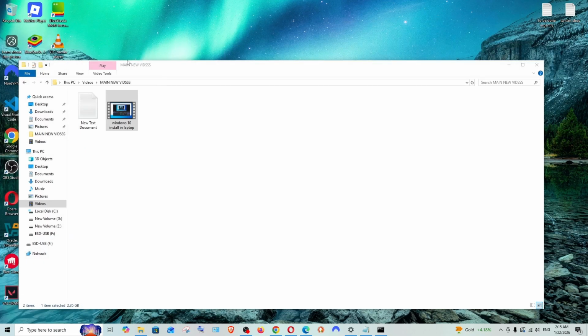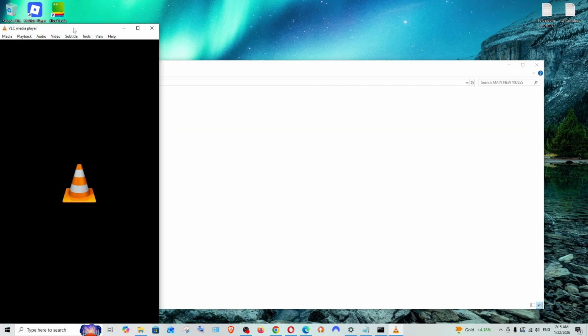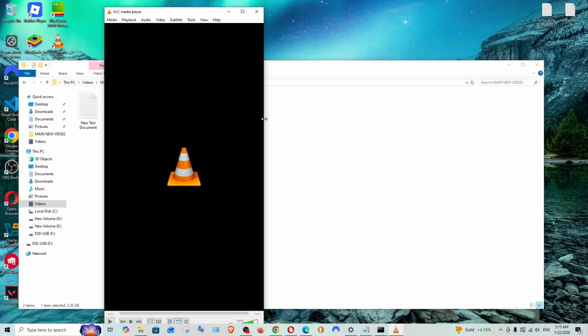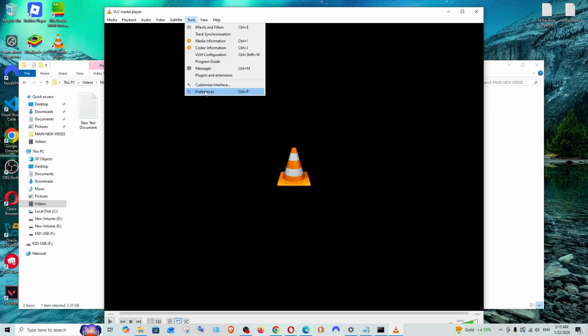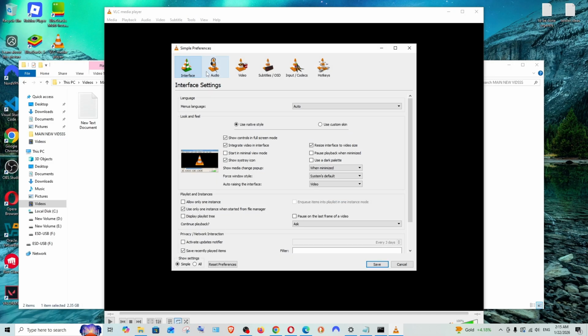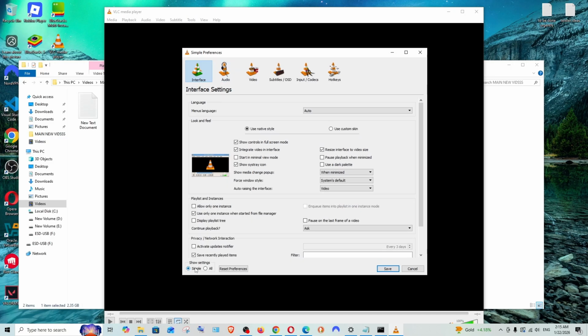So now to solve this, just open VLC media player. Alright, just click on the icon. We'll be getting something like this. Here to the top you will be having tools. Click it and preferences, and here in the preferences make sure that your settings is simple and we are having